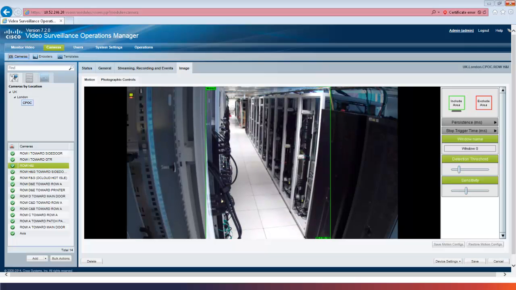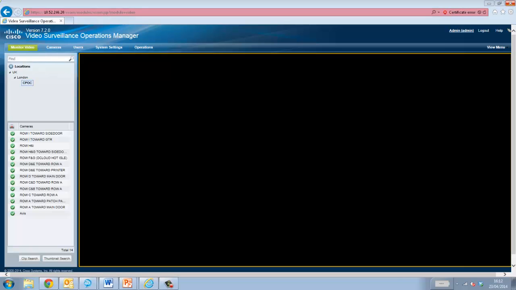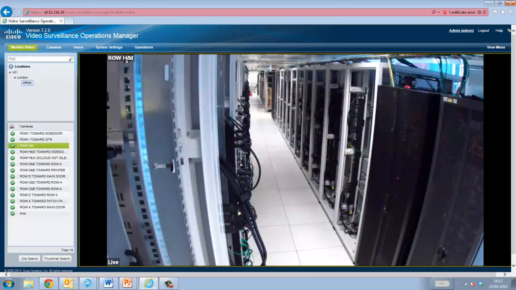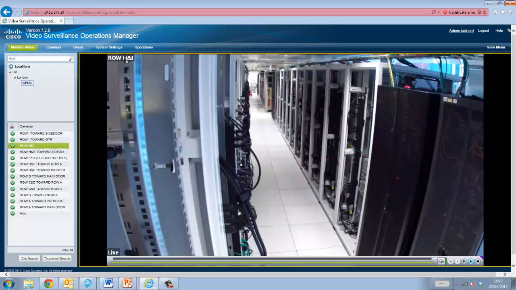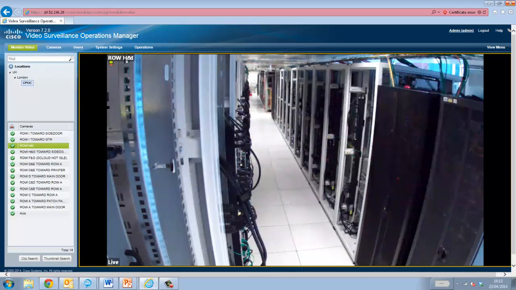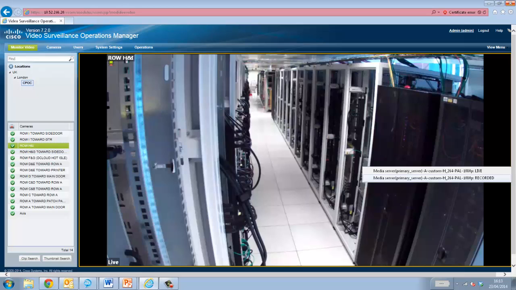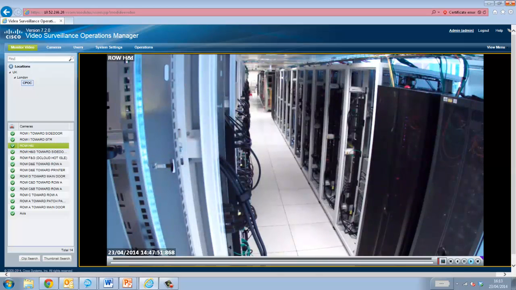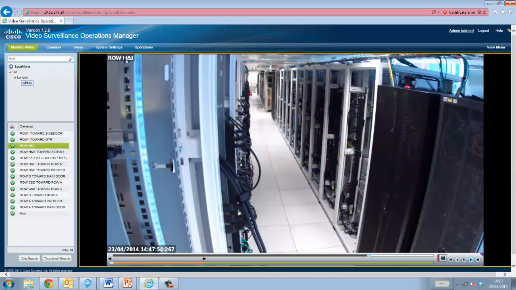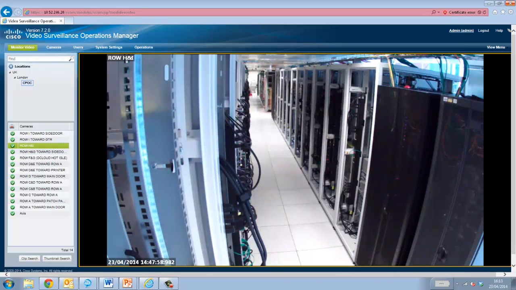Fantastic. Okay, so now I want to show actually finding a clip and then exporting that clip to a file. So what I'll now do is go on to monitor video at the top in the corner here. Click on that and actually open up our row H&I, which now has that green tick as I've said before. I'll right click, go to select streams and clips, select the recorded option here, then say okay, let's go to select clip range, and we want to select the clip range where Neil is, and I know for a fact